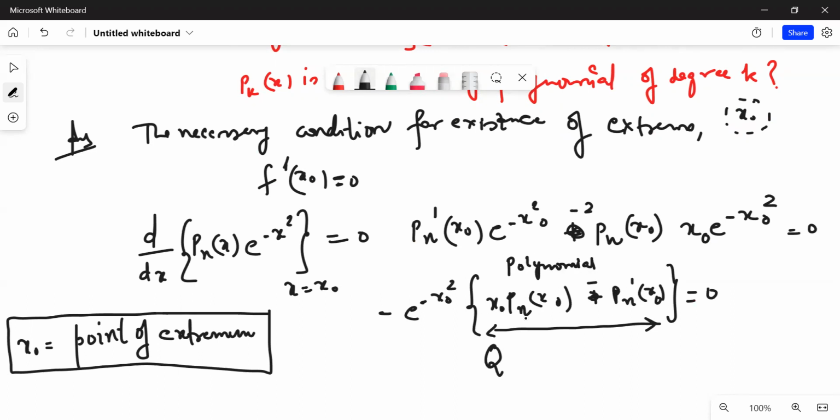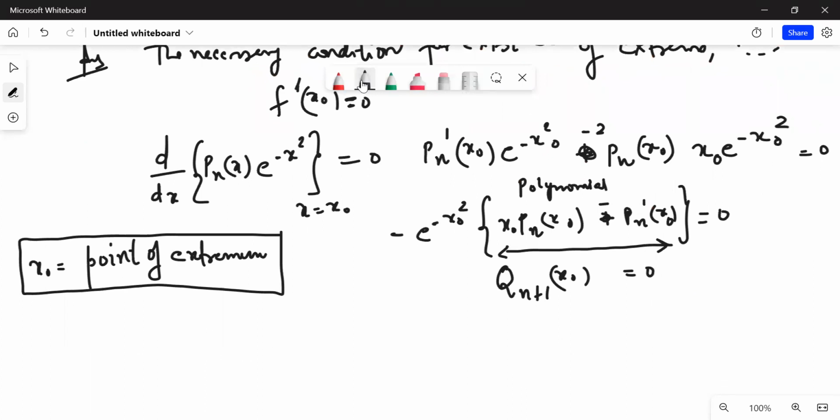If you see, this is x naught. This is pnx, which has degree n, and its highest degree is n, and there is x naught multiplied. So overall, this will be a polynomial of degree n plus 1, isn't it? So this will be a polynomial of degree n plus 1, and e to the power minus x naught square cannot be 0. This implies that this is the case, and I know that